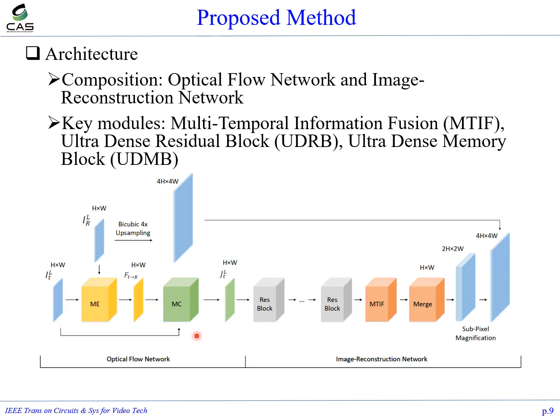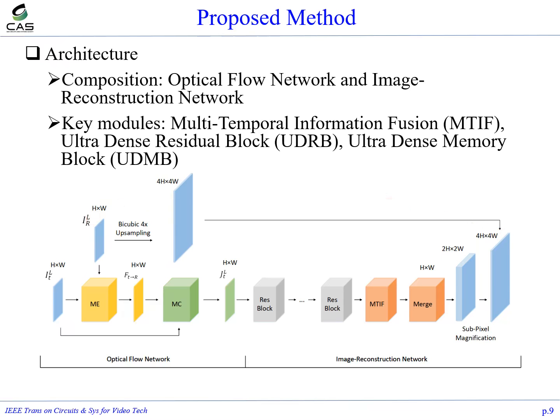In all, the optical flow network tries to capture the motion information among frames. After that, we build the image reconstruction network to extract and fuse the spatial temporal correlated features. In the end, we upscale the feature and add it to the bicubically upsampled low-resolution input to obtain the final